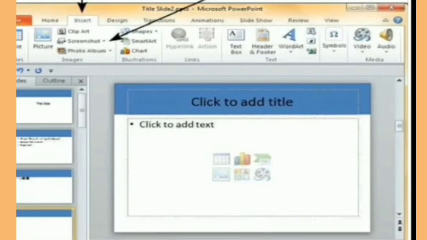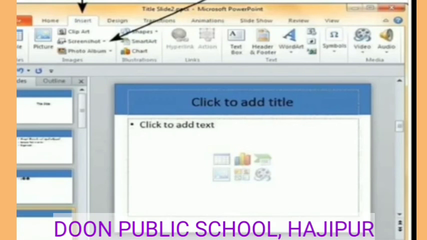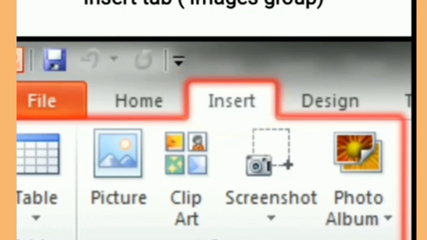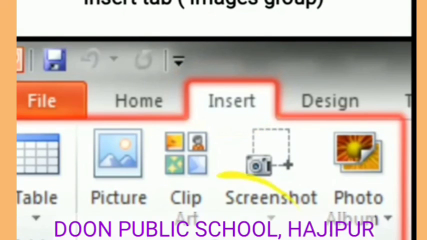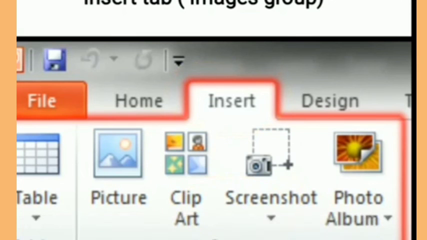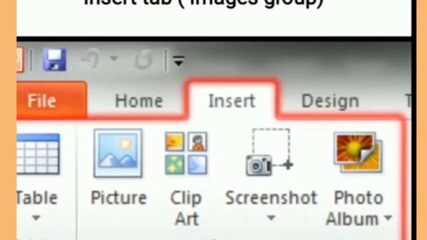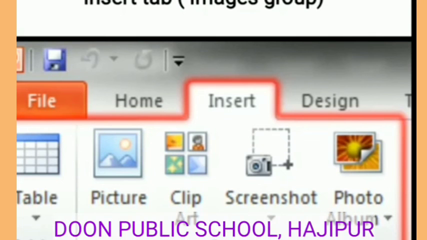So we have to go to the Insert tab, just near our Home tab. Then in the Images group we have picture, clip art, screenshot, photo album. Whatever you want to insert, you can insert it from here.